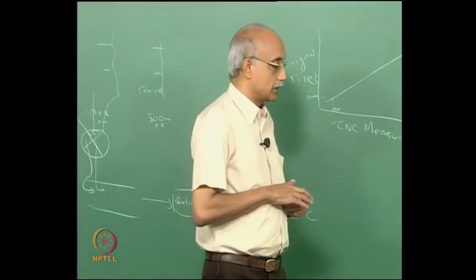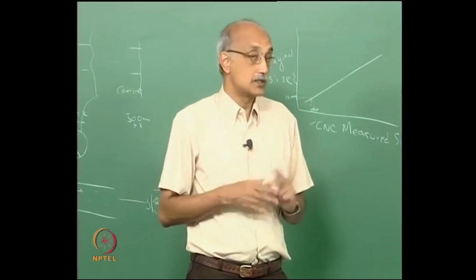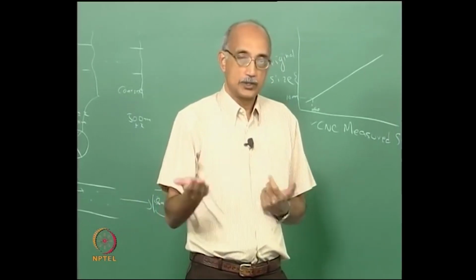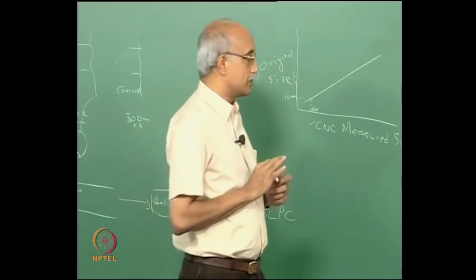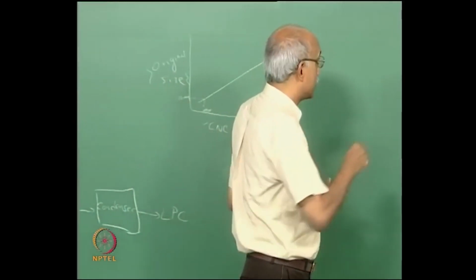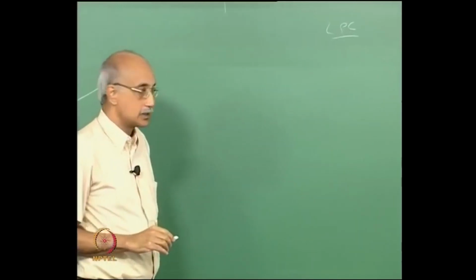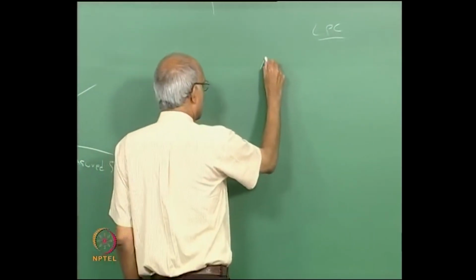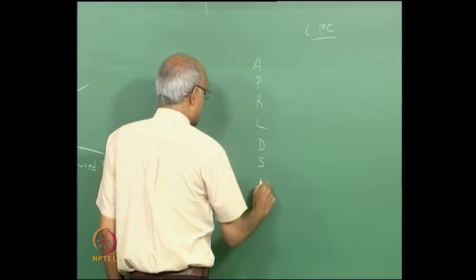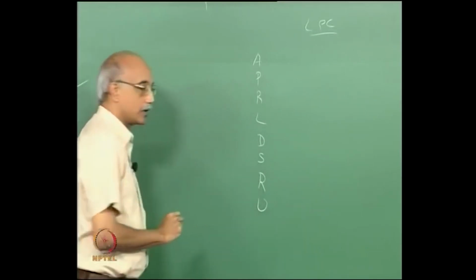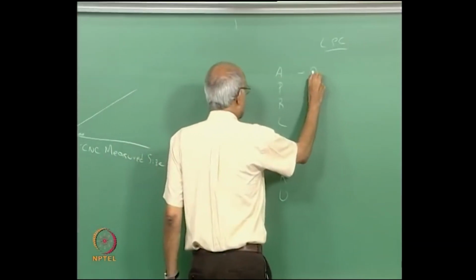Given that particle counting as a technique, as an industry, has evolved over the years to being something that has become extremely reliable, there are certain basic characteristics that a particle counter must satisfy, and there is an acronym based way to remember these characteristics. Just remember APRL DSRU. A stands for accuracy,